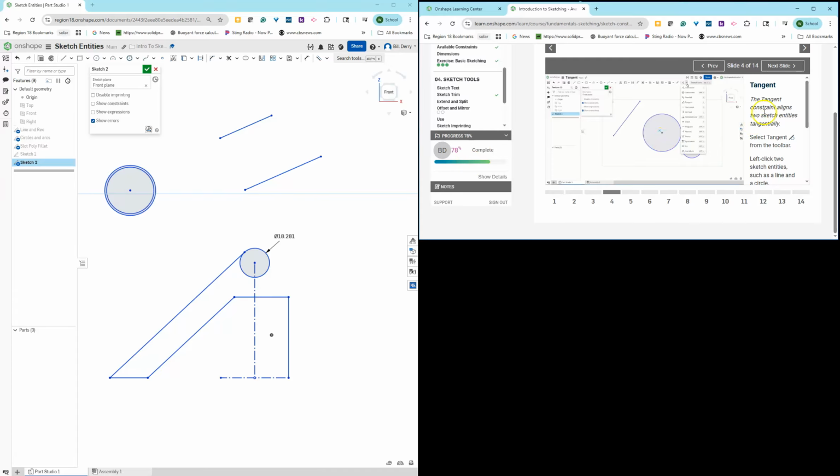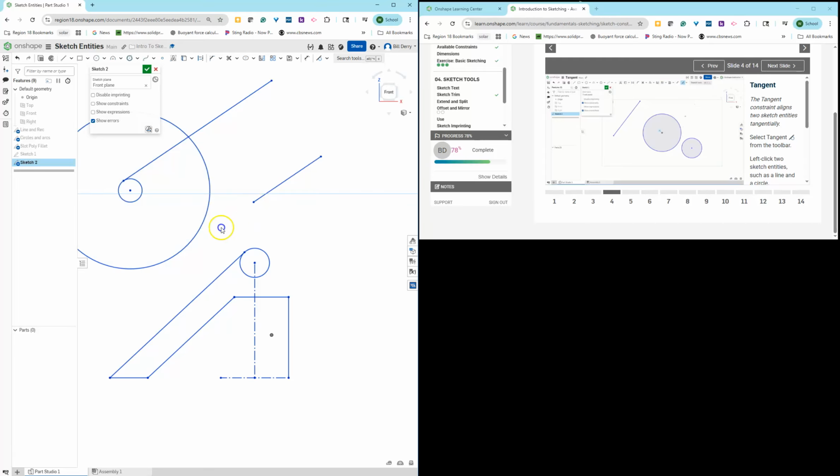All right, tangent is when two circles or a line and a circle touch at only one point. So we could say we want this circle to be tangent to that line, and let's see what happens if we do that. Now when we do that, you can't really see what happened, but if we extend this line, you now can see that that line is indeed tangent with that circle. Be interesting to see what happens if we select that tangent command and select these two now. Notice that if I extend this line, that these two, oh,